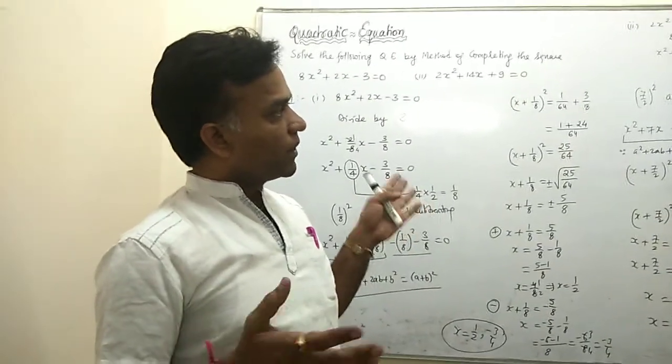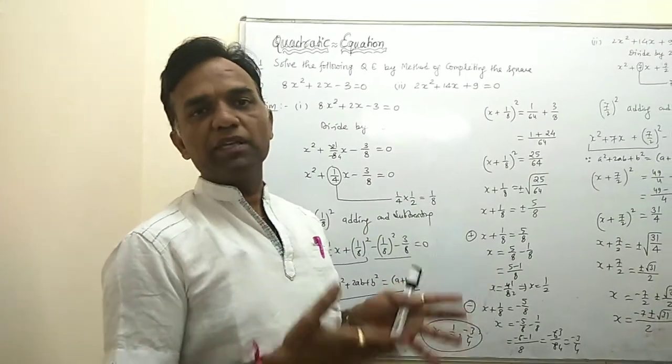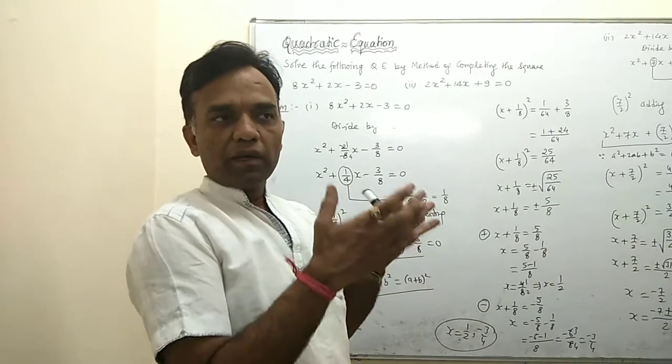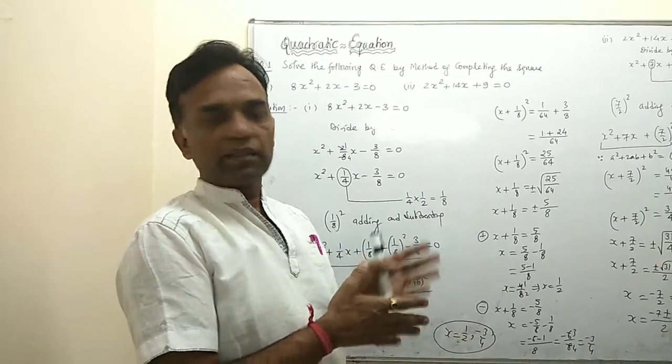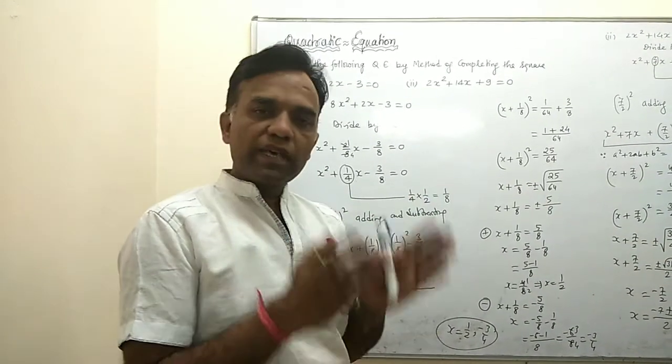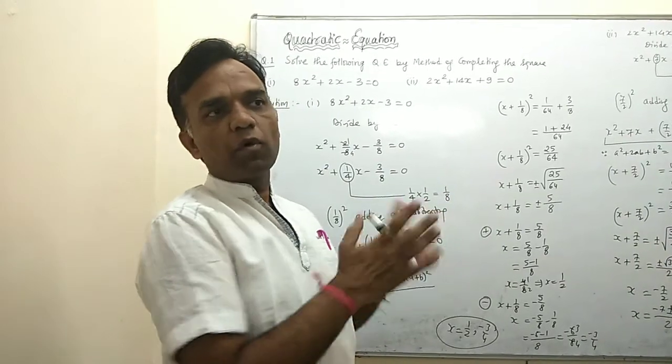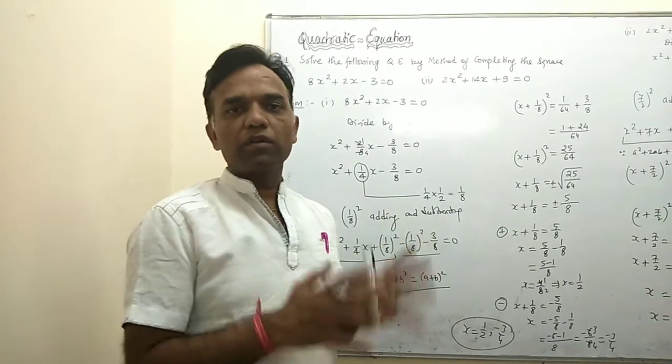So now this is the concept of the method of completing the square, in which we illustrated 2 examples, because the algorithm is the same. In the algorithm there is no change. We take the algorithm of the basic general form, and then we proceed the same way. So the same procedure you apply for any type of quadratic equation, and then you get the solution with the help of completing the square.